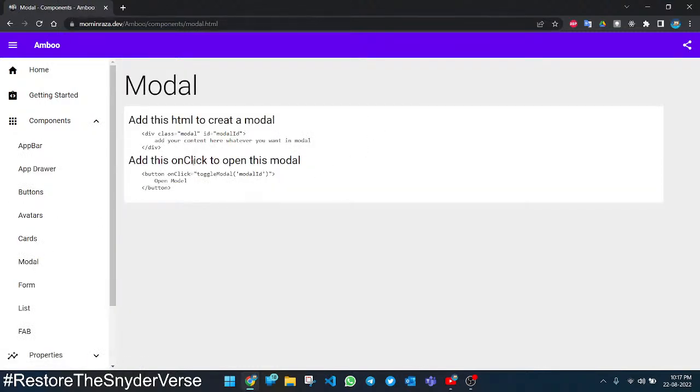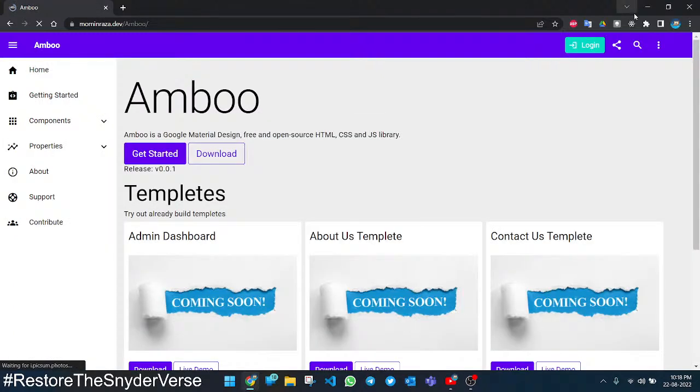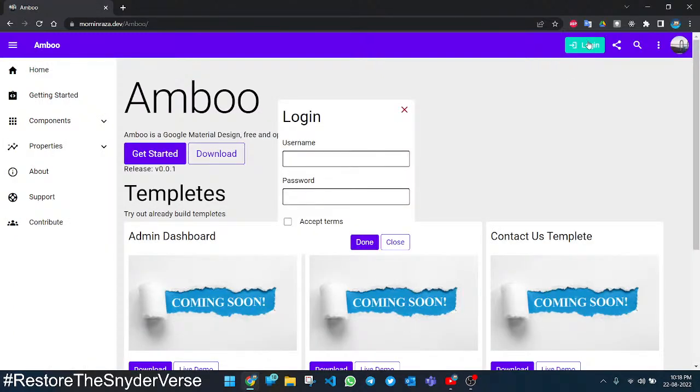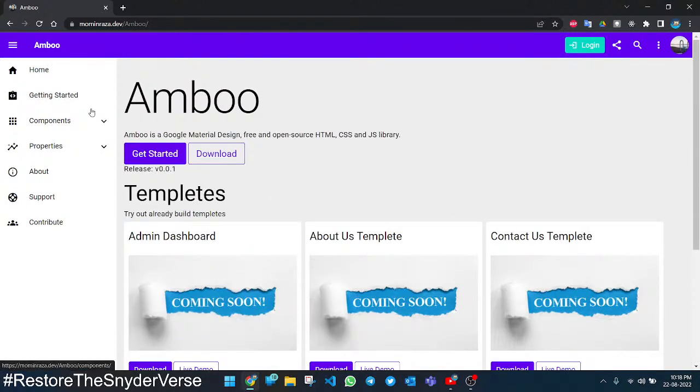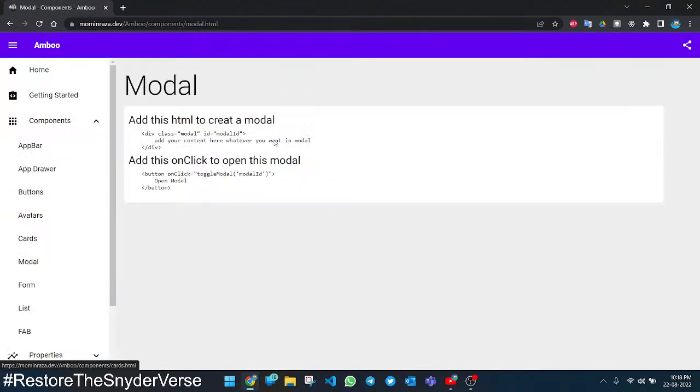Like the example of a modal: these are the HTML used to create the modal, and the example is here. You can see when I click on the login button, the login modal appears in the middle on top of everything. So this is called a modal. Okay, here I don't have any modal demo, but the same thing. Okay, and then we have